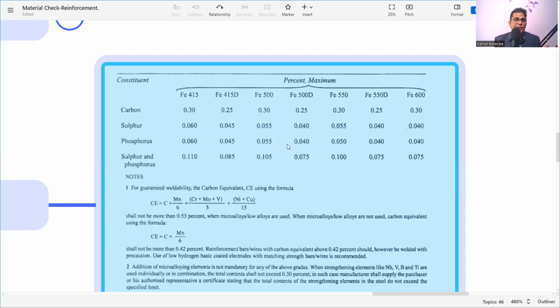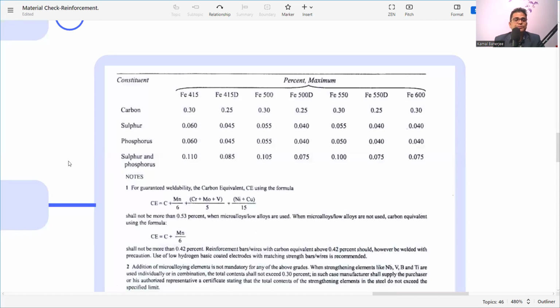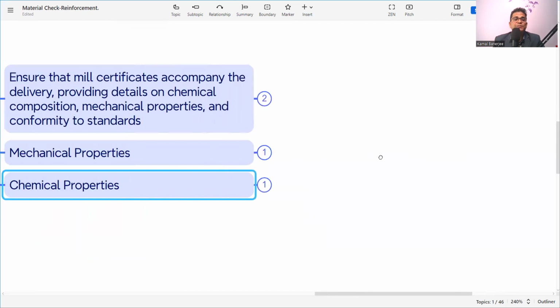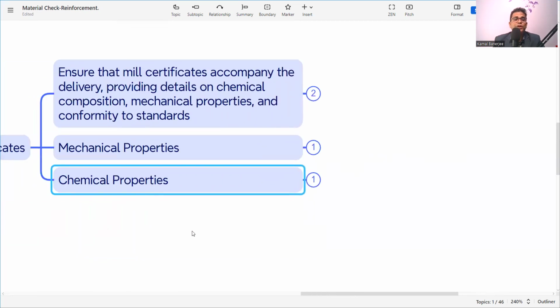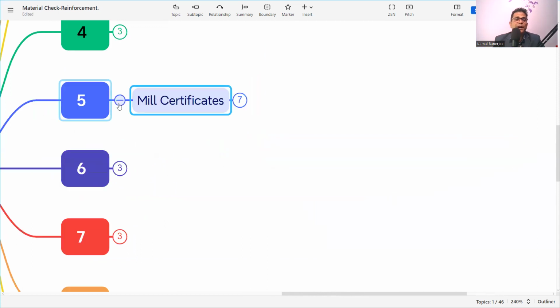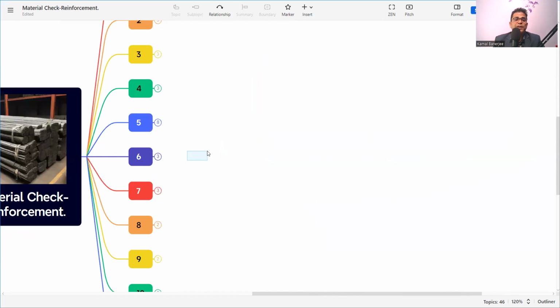So it is my request to all that you should always check from the BIS whether it is the right kind of codes, or whether there is any amendment or not. So you will find out the latest codes and standards. So these are the chemical analysis and the physical properties, chemical properties, mill test certificate. Everything we need to check on the mill test certificate. Now you have checked the mill test certificate, and if you find everything is as per requirement, then we need to